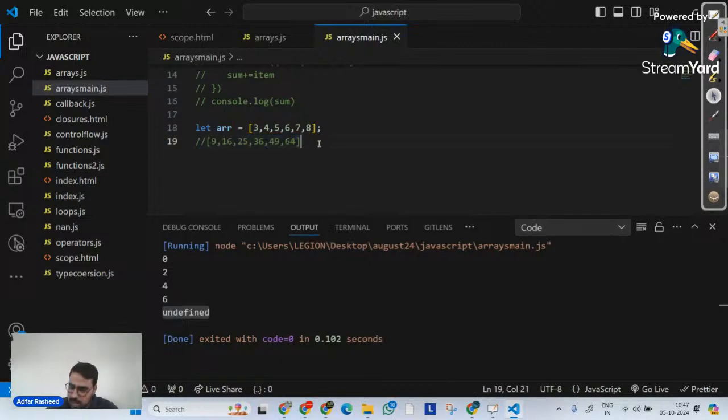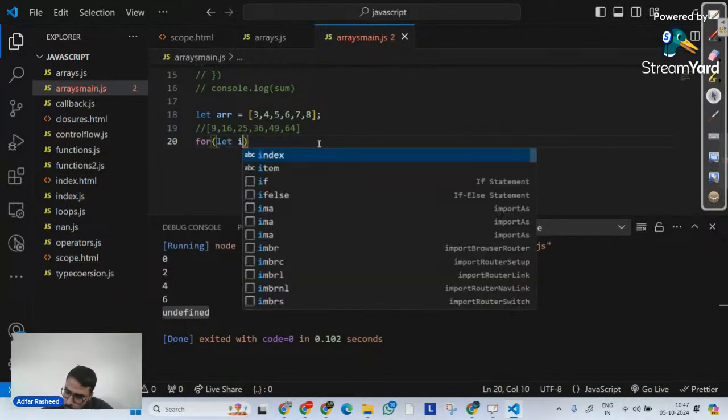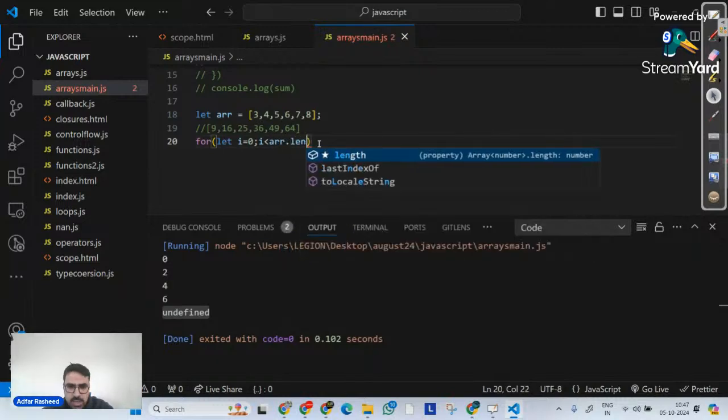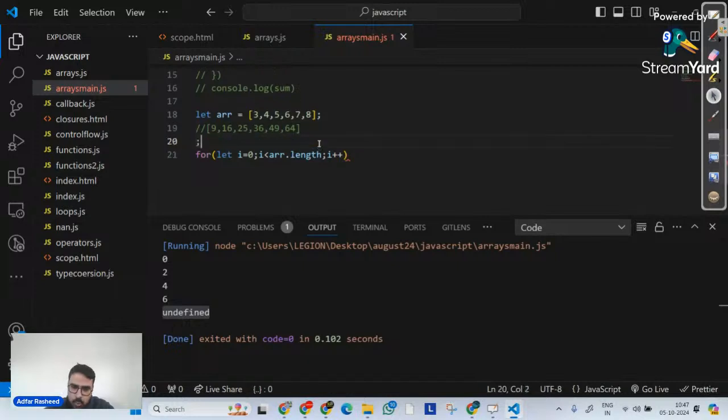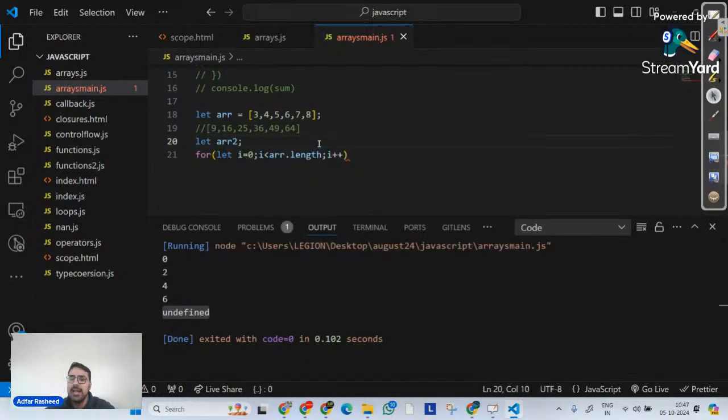Let's try to understand it using normal methodology, using a normal for loop. So I'm going to start my loop with 0, then arr.length, because that's how this array loop is going to run, and then i plus plus. And over here I'm going to create one another array called let arr2, and I'm going to keep it empty.